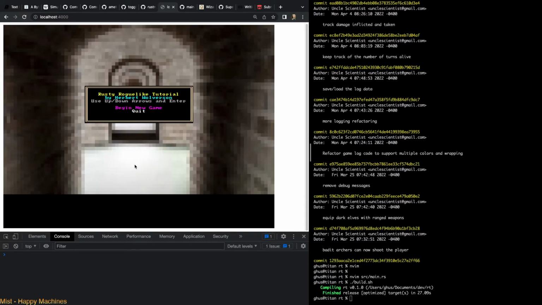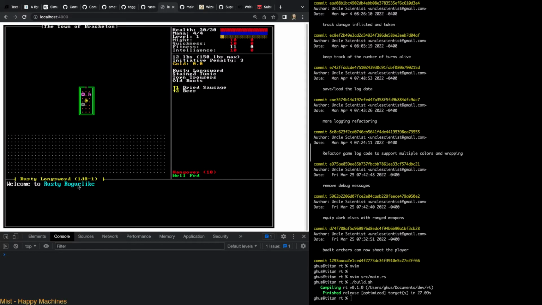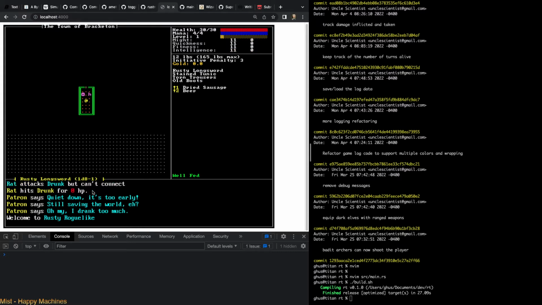Go and then refresh, begin new game. Okay, see now it's taller. Okay, that's good. All this text is smaller. But if I just hit space, yeah, I think it's more legible, right? It's twice as high. You can actually probably squeeze an extra line in there, but maybe not. I don't